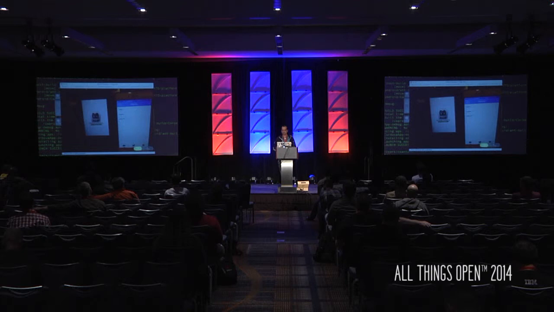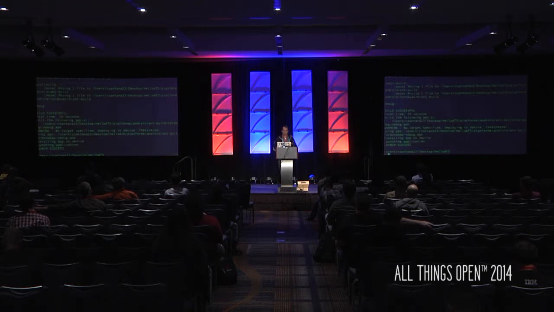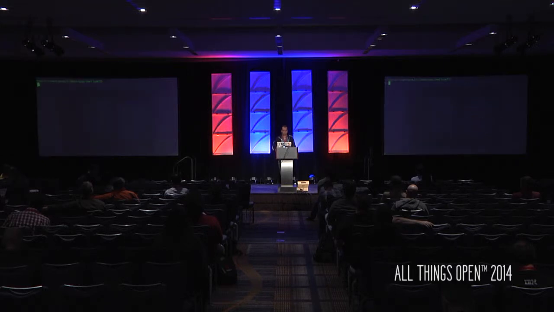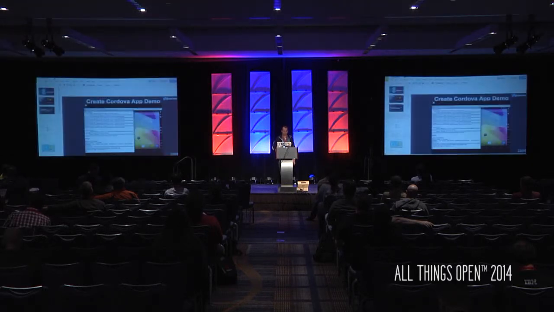So that's very simple. At this point in age, creating a mobile app and using things like Apache Cordova should be as simple as creating a web page for the family. Very simple, not intimidating anymore. So let's go back to the slides. That's the essence of Apache Cordova Hybrid and the command line tools. So the next step, what I want to talk about is